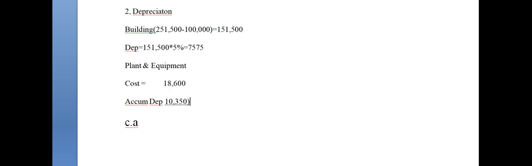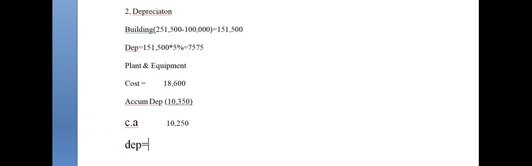Do you understand it now? Yes. 18,600 minus 8,350 is 10,250. Let's do it one after the other. So depreciation now will be